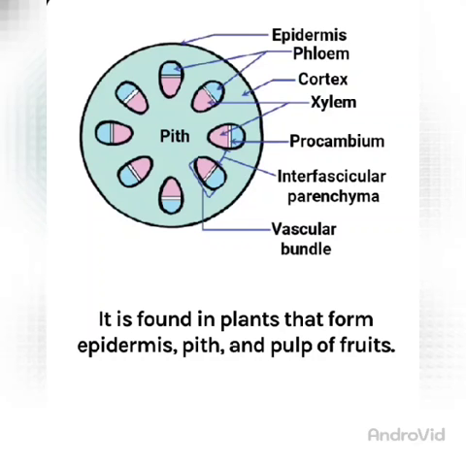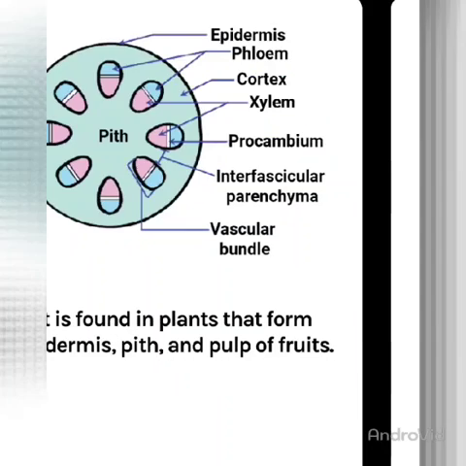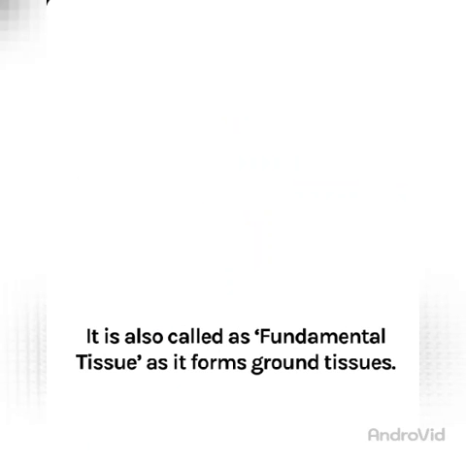As you know, xylem and phloem, you have learned in class 10th also, are the important transporting tissues in plants. Water and minerals are transported by the xylem, and food and other components are transported through the phloem tissue, right? One more thing: between the xylem and the phloem, procambium is found. So this was the diagrammatic representation of any anatomy.